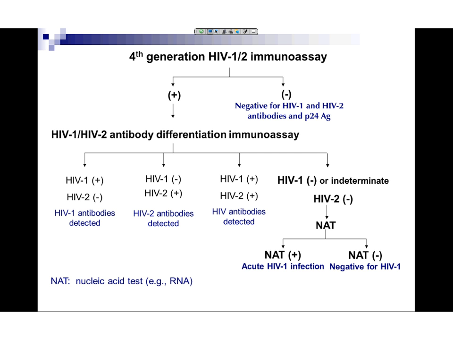This would be done instead of the HIV-1 Western blot. If the second assay is positive for HIV-1 antibodies or for HIV-2 antibodies, a person would be considered to have HIV infection and referred in for therapy. If this antibody test is negative, the specimen would go on for nucleic acid testing in order to detect the people with acute HIV infection.